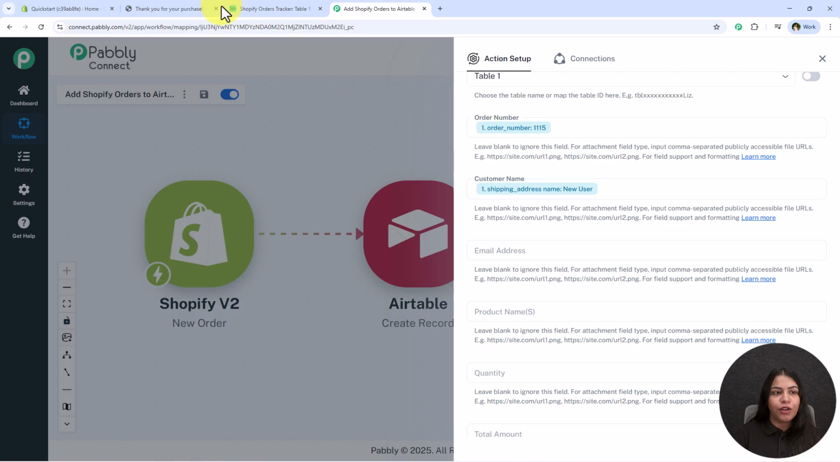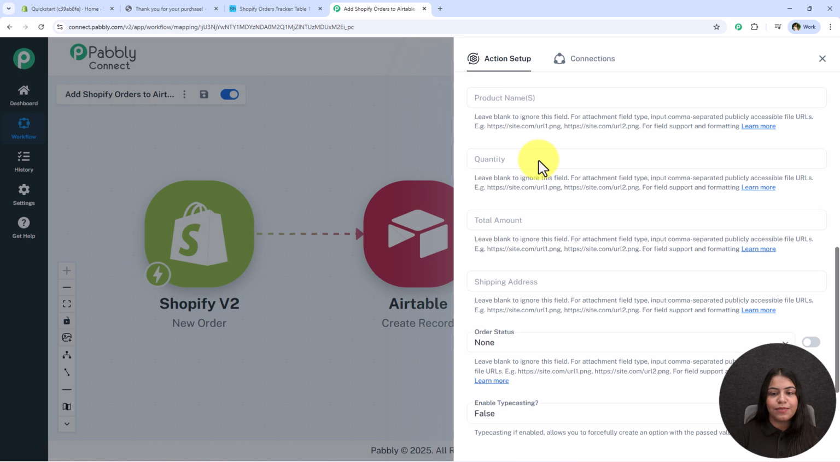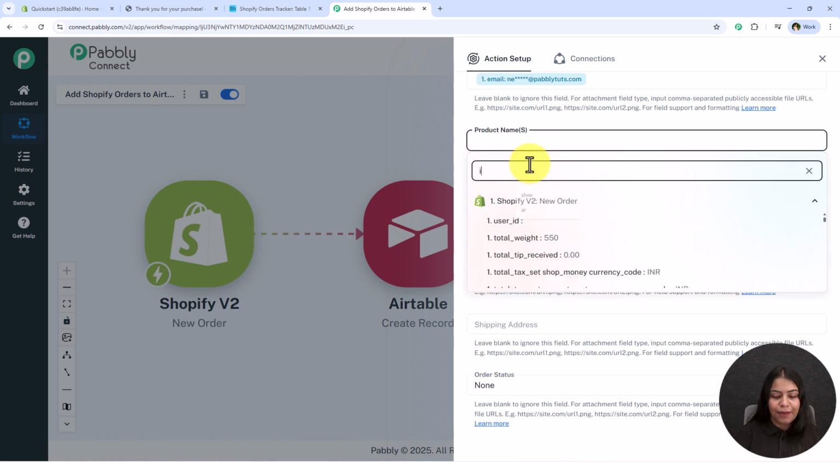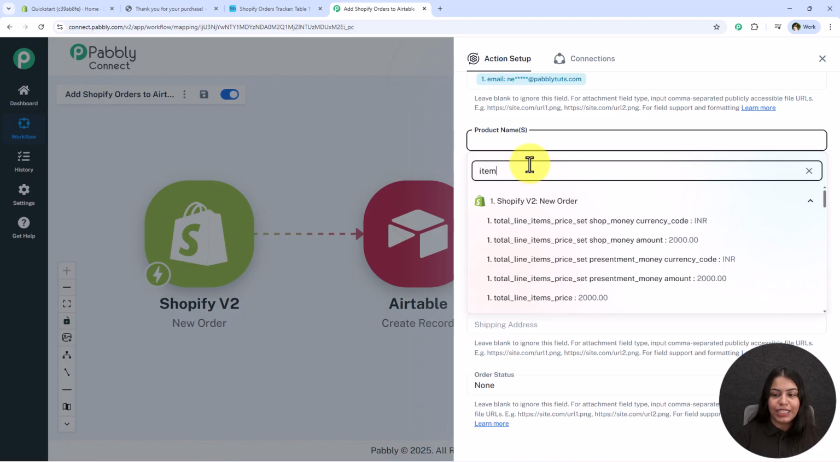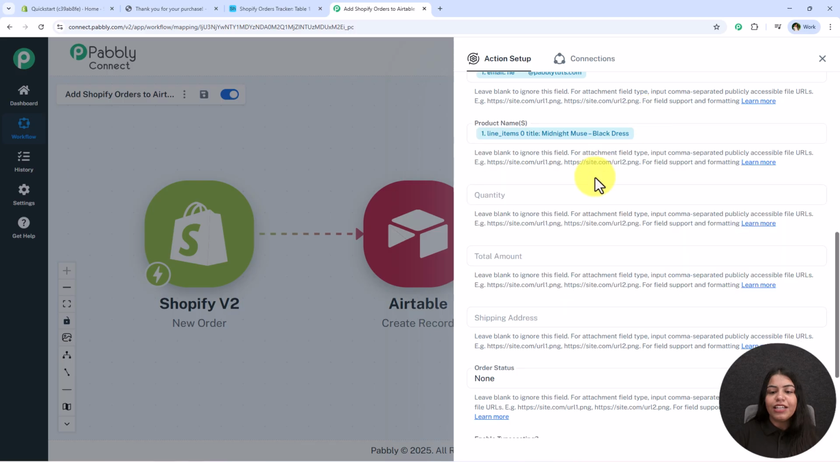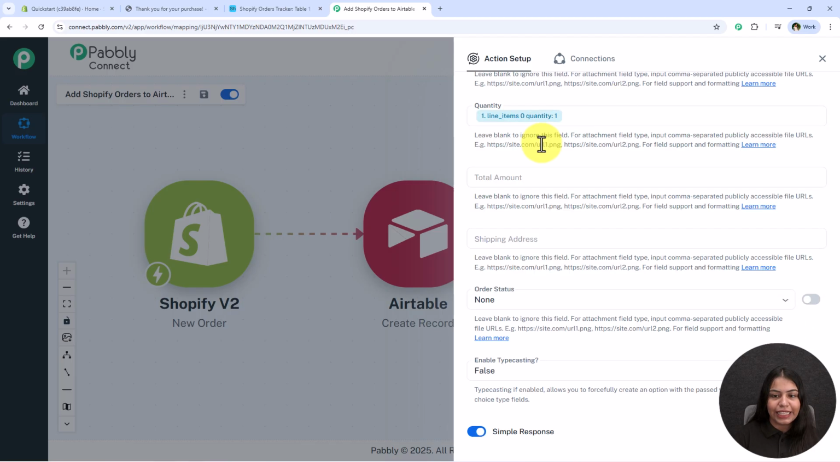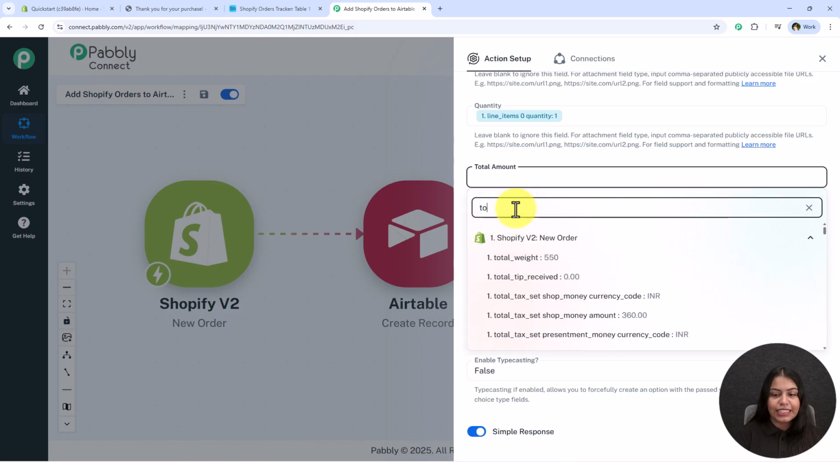I'm going to map the order number so that we can add it over here. I'm going to map this customer name, then I'm going to map the email address. Now let's move on further. Now for the product name, I'm going to map the product name. As you can see that this is the product name, so I am going to map this. Now let's move on further. I'm going to map this quantity. So one by one I'm going to map all the details so that we can add these details in our